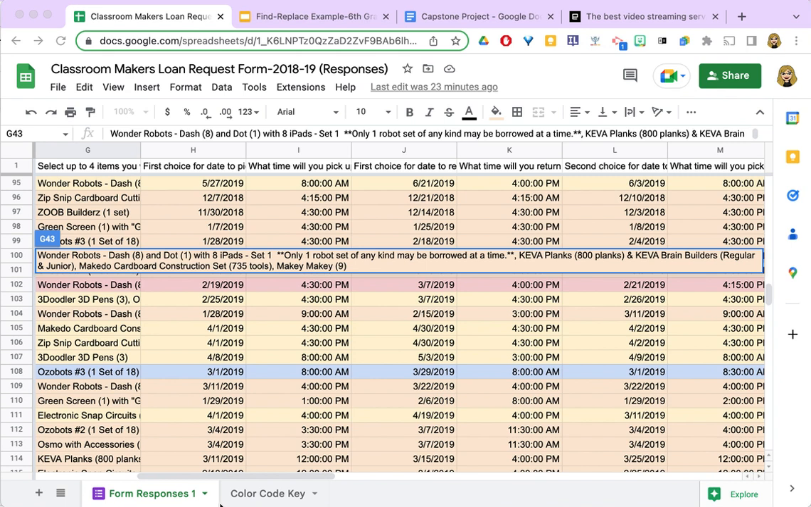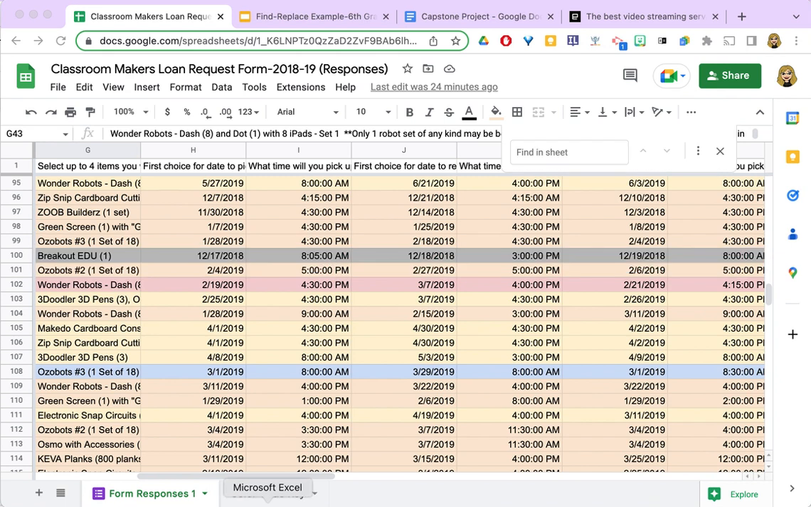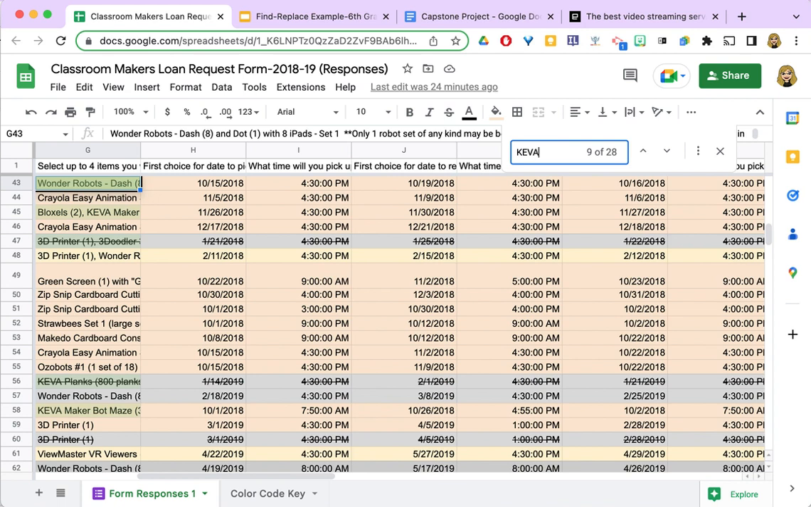If I press Control F on a PC or Chromebook, or Command F on a Mac, a search box will open in the top right area of the screen. That's where you'll enter your search terms. I'm going to search for Kiva planks, so I'm going to type that in. Notice that I start to get results immediately, and I can see that I have 19 times that Kiva planks